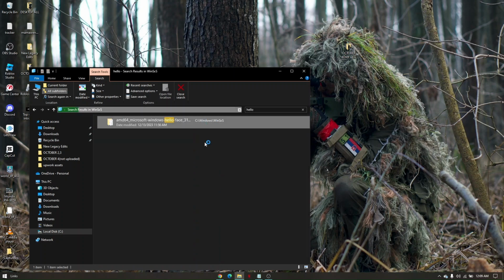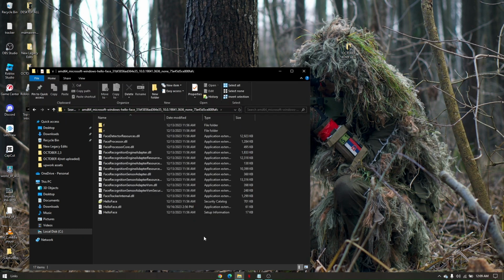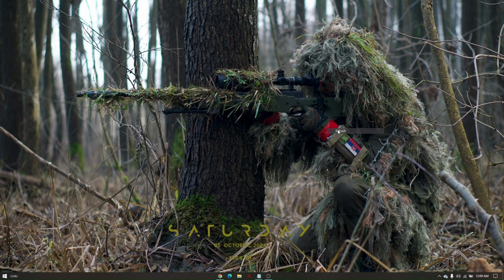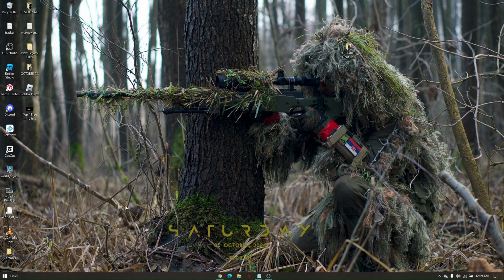Now double click on the result, and in the lower part of these files, which is Hello Face, the setup information under the type, right click on it and then click on Install. Once everything is done and it's still not showing on your device manager, all you have to do next